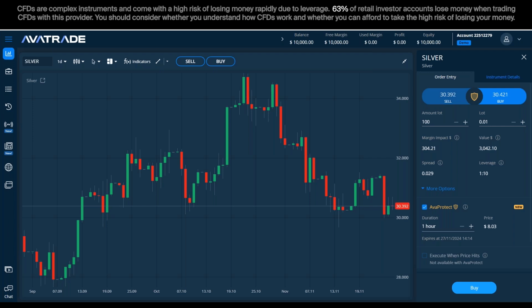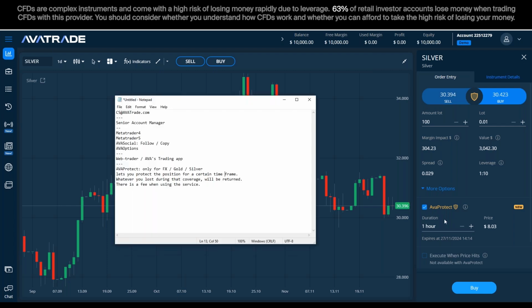I would like to point out that the expiry is here. And as an addition, we may not extend the time after the expiry. That means that for 1 hour, when the coverage is done, the coverage is done, and I cannot extend for another hour. Of course, I can take another position which will be covered, but I cannot add another hour on top of an existing position.